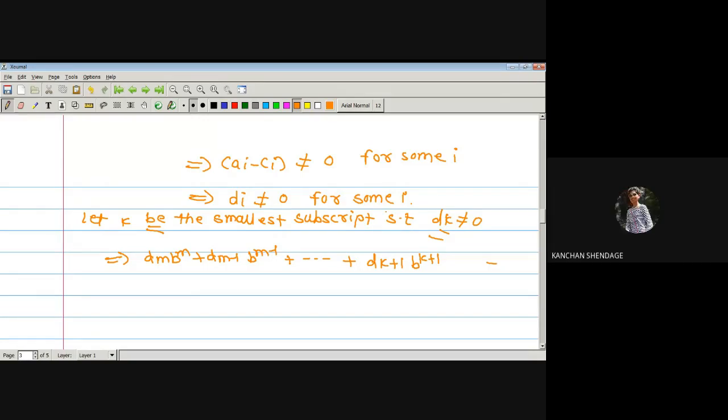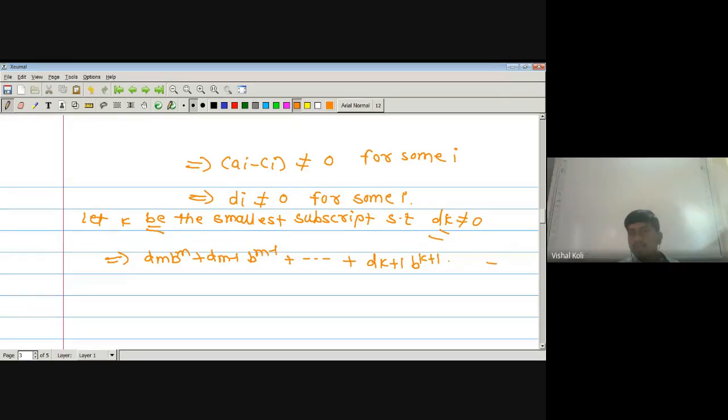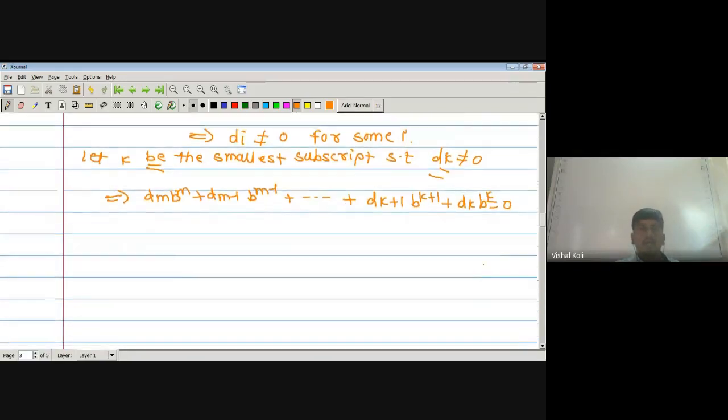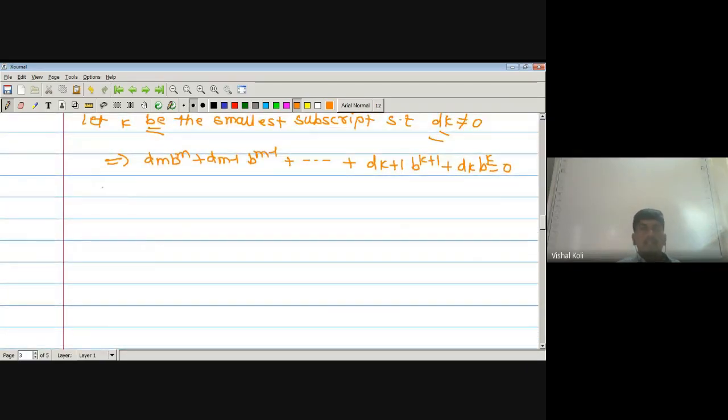dk plus 1 b to the power k plus 1 plus dk b to the power k, which is equal to 0. Now divide by b to the power k. As b is greater than 1, b to the power k must be greater than 1, so it is possible to divide by b to the power k. So divide by b to the power k, we get